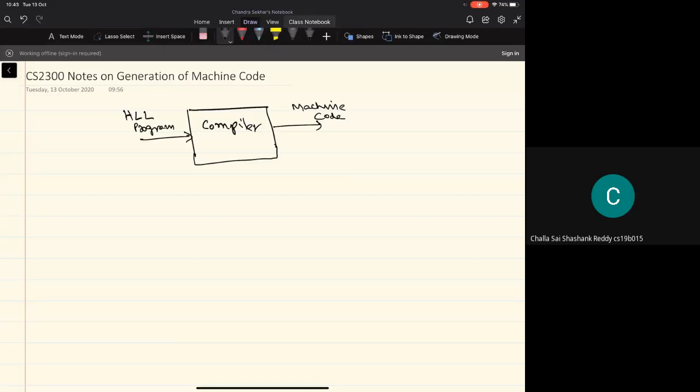The only thing is, this sequence of machine level instructions will be dependent on the particular processor on which the program is going to run.